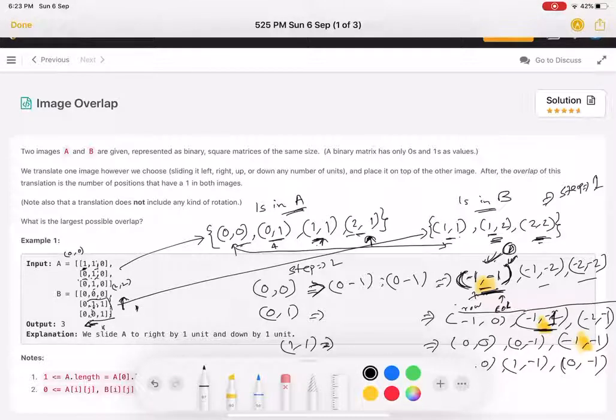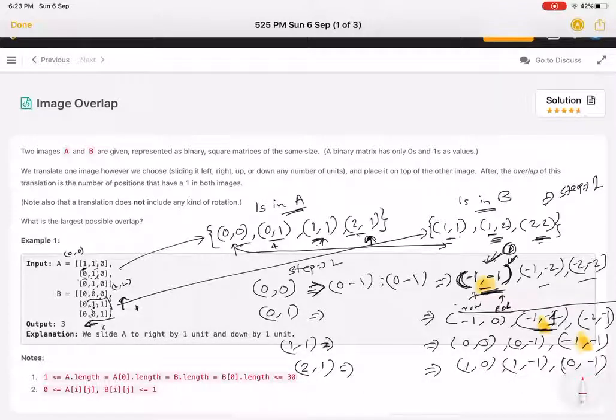So this is a little bit tricky to understand. I understand, but if we go this way, we can easily find it out. What will be the maximum, right? How? We will just create an unordered map out of all these coordinates and use it as a key. So if we make a key of this and keep the count of it, the maximum count would be our answer. So this is what the solution is.